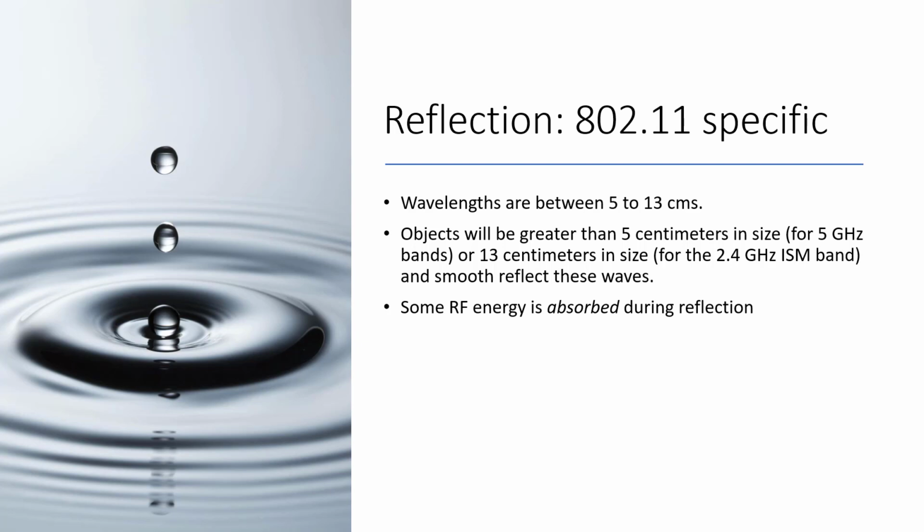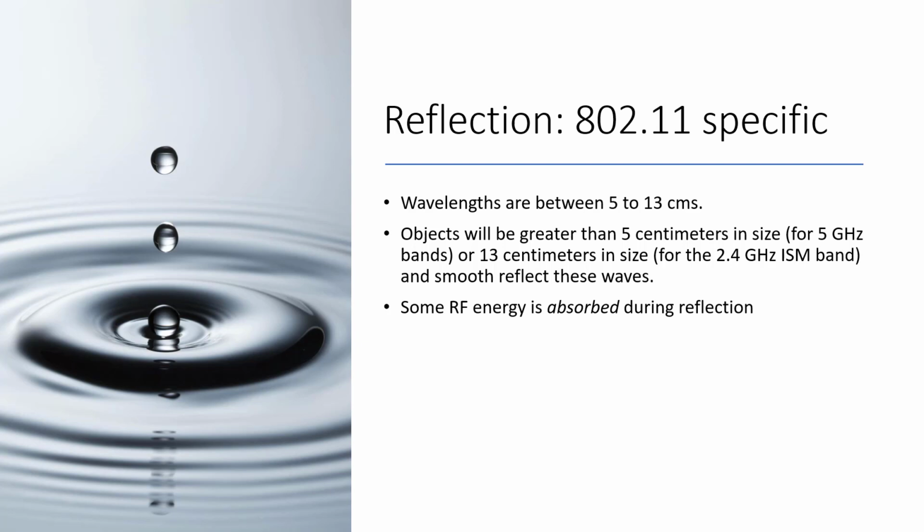Once you know their frequency, you can calculate the wavelength. Suppose f is the frequency and lambda is the wavelength, then f times lambda will be equal to c, the speed of light, which is 3 x 10^8 meters per second. If you know one, you can calculate the other. Typically the wavelength would be between 5 to 13 centimeters. So the objects that are greater than 5 centimeters in size for a 5 GHz spectrum, or 13 centimeters in size for the 2.4 GHz ISM band,